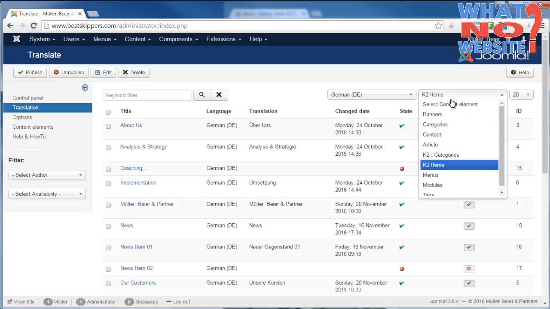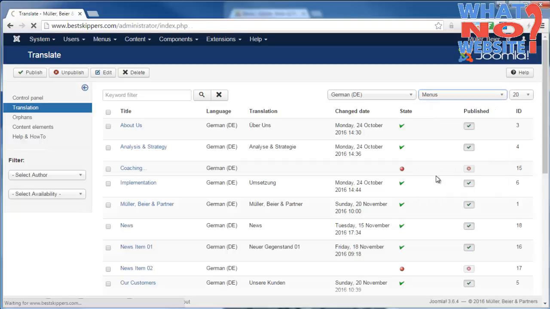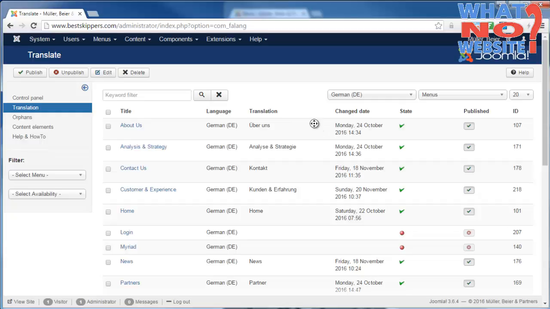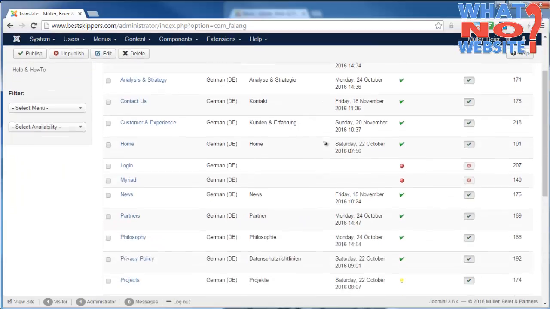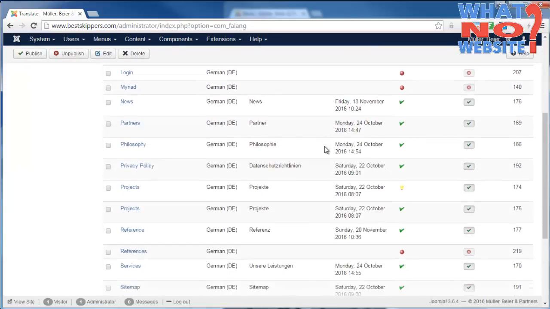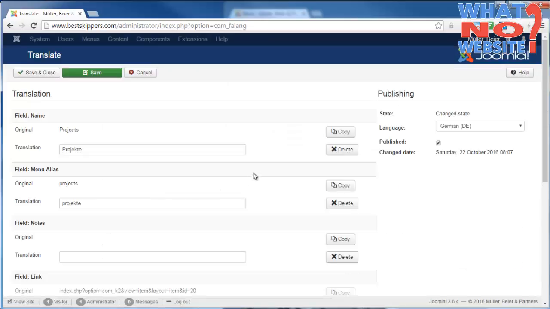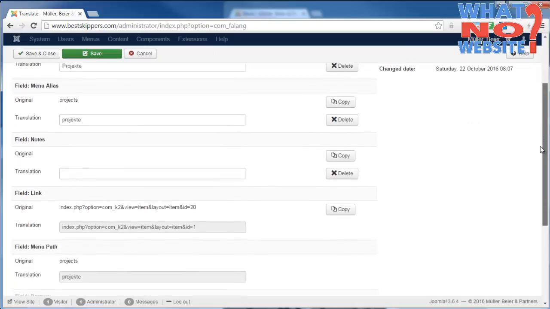So we have to go up to the top here and select menus, and if we scroll down we will see projects, and you'll see there's a yellow light bulb next to that menu item, which means the original has changed but the translation hasn't been edited. So we go in, the translation itself is perfectly fine, but if we look down here,